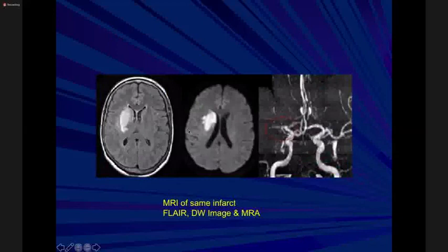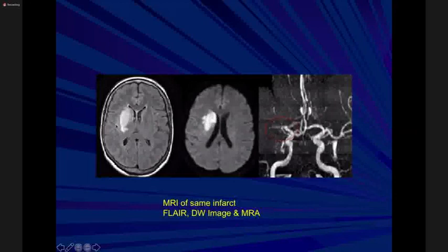Here I'm trying to show you MRIs done in patients who have had strokes, and this is MRI of the same infarct. The first one is the MRA. Now all these investigations, both CT and MRI, have the facility to trace the vascular tree. We could do CT angiograms as well as MR angiograms. Here is a situation where we have done the MR angiogram, and you see the occlusion of the middle cerebral artery, and along with that, this is a DW image where we will show that acutely infarcted cell,